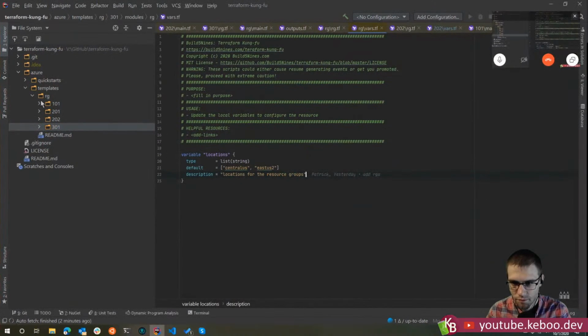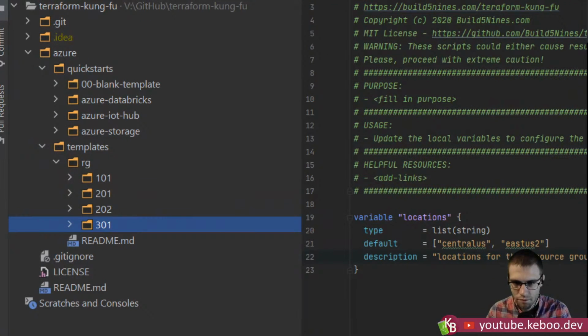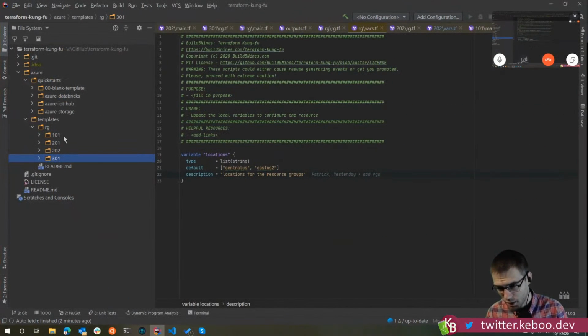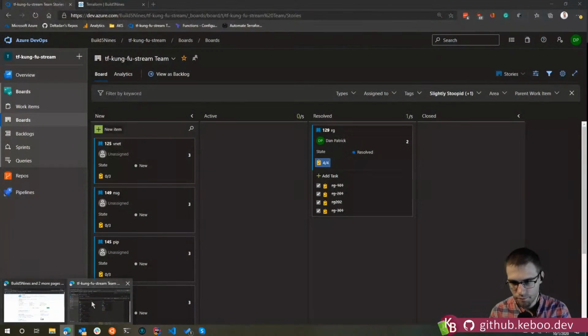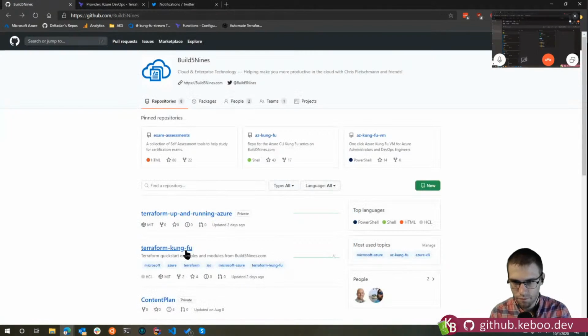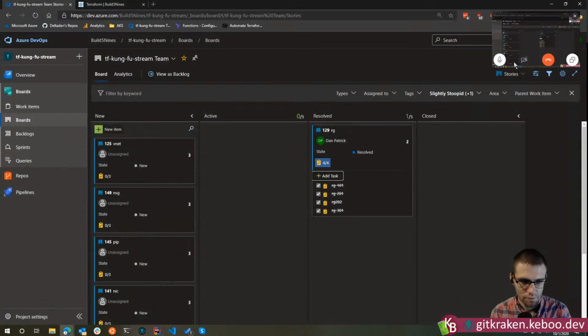But I think we will want a quick start, which is going to be like these quick starts in the repo will be basically one file, just like a main.tf that you can just run, and you can see how all this stuff that we construct can be pulled together to roll out a VM, right? Yep. So if we wanted to go really crazy, we could even take that custom deployment that you have and roll a VM with that. Yeah, no, for sure. Maybe what we'll do is that AZ Kung Fu VM. That would be cool, right? We could roll it all together and create that AZ Kung Fu. So that's a good idea.